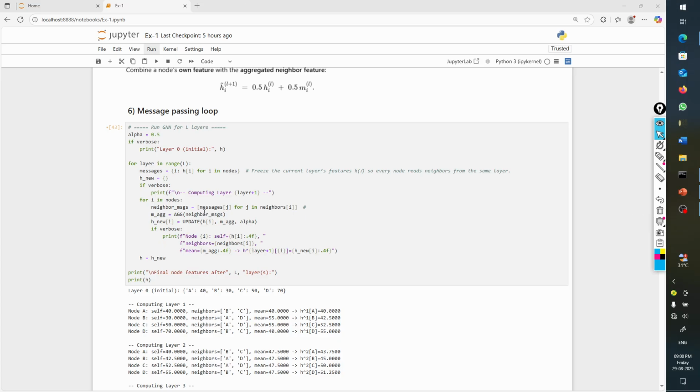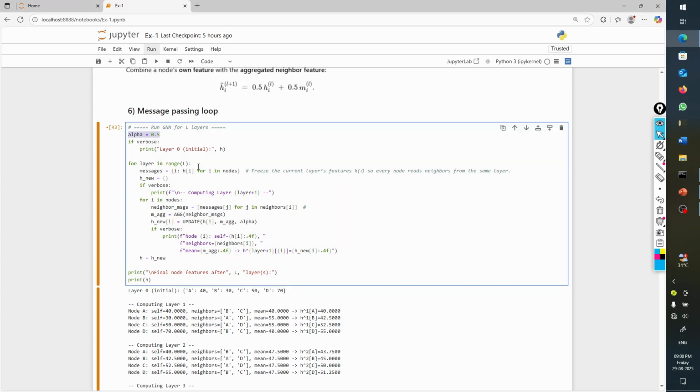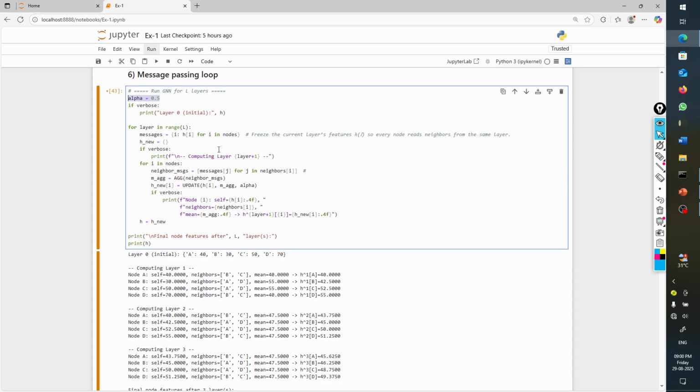Message passing loop you can see here, alpha I am considering 0.5. Here we are going to apply the layer wise. So how many layers you are going to calculate. So this is the thing we are going to consider here. So here in update rule, now we completed. Now here for layer in range L,